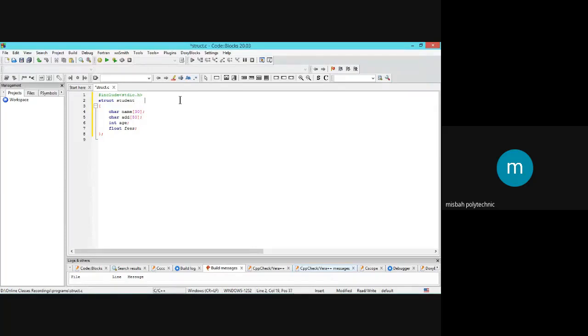And write the comment here. This is the definition of structure. We have not defined any variable. Remember, the variables of this data type can be defined at this point. I can define it here like st1, st2, etc. Or